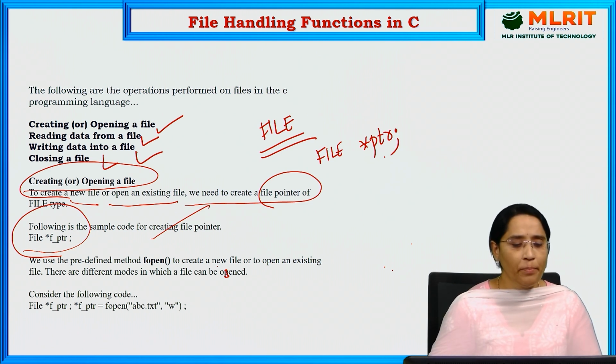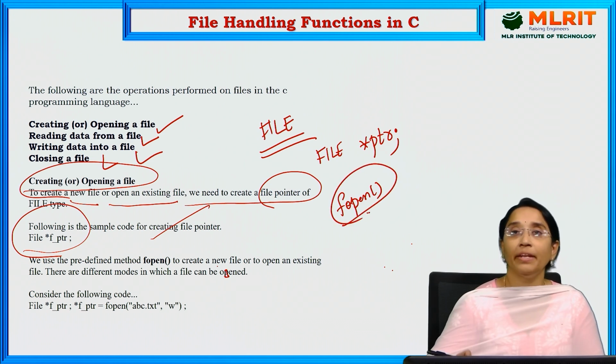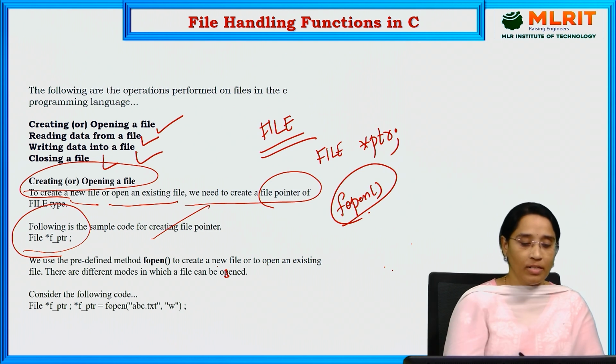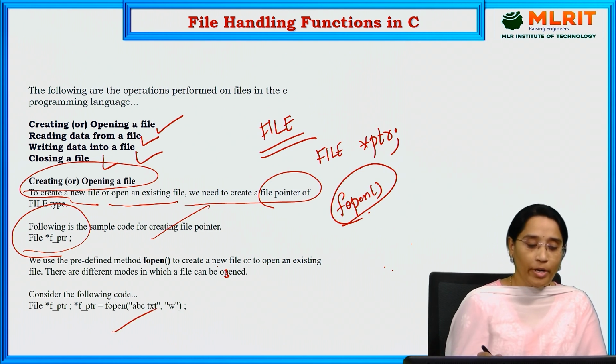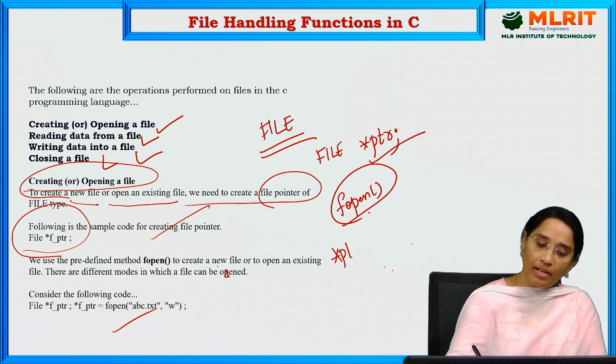We use the predefined function fopen to create a new file or to open an existing file. You can open any file by using this fopen function, or to create any file you can use the fopen function. So the syntax: FILE pointer ptr is equal to fopen of